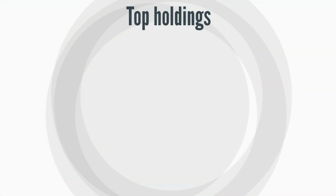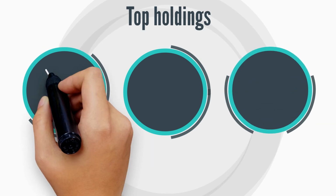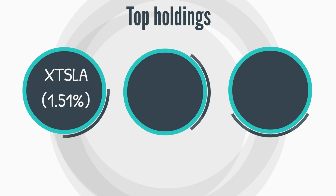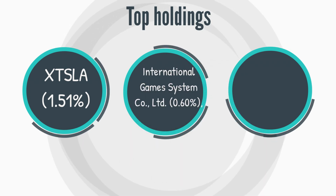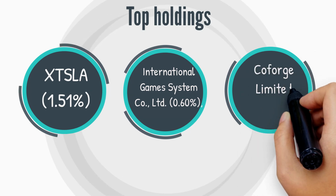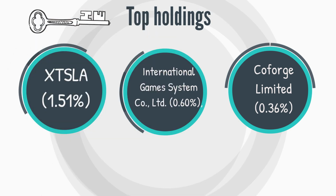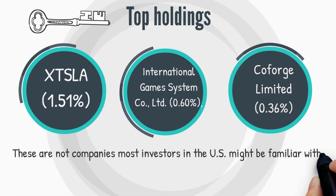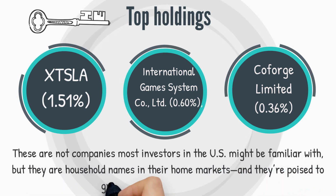The fund's top holdings also reflect its focus on innovation and financial stability. For instance, XTSLA, 1.51%, International Game System, 0.60%, and Coforge Limited, 0.36%, are key players in their respective industries. These are not companies most investors in the U.S. might be familiar with, but they are household names in their home markets, and they're poised to grow as their